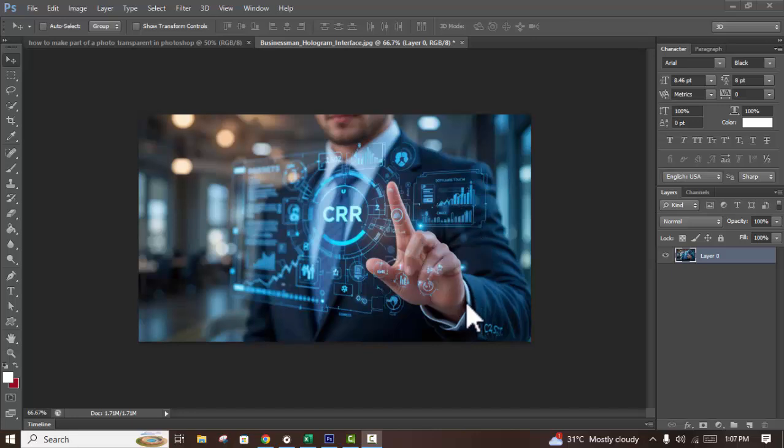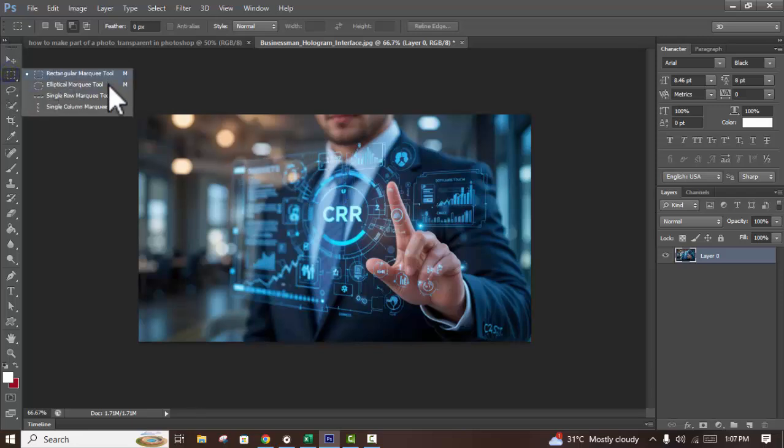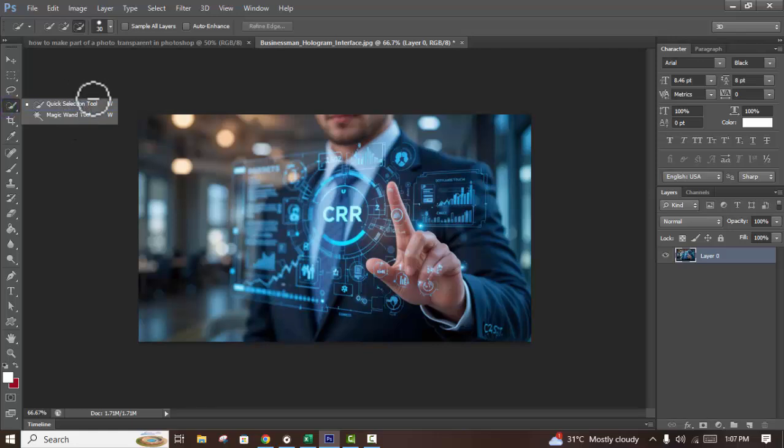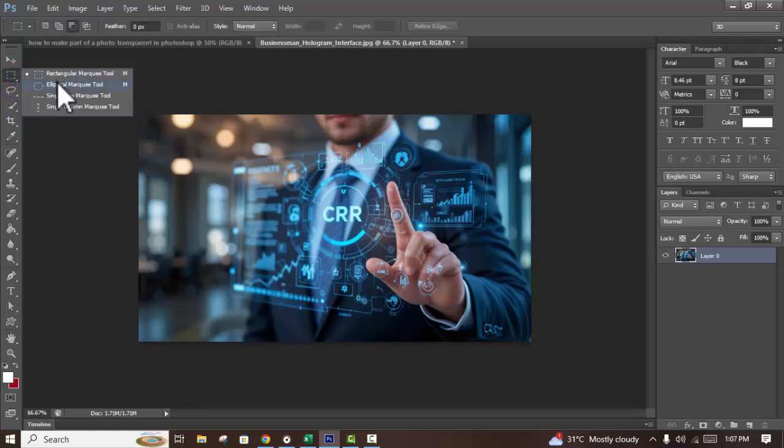I apply many ways. Let's see. Select the rectangular marquee tool, elliptical marquee tool, row or lasso tool, polygonal lasso tool, quick selection, or magic wand tool as you wish. For example, I use the elliptical marquee tool and hold Shift